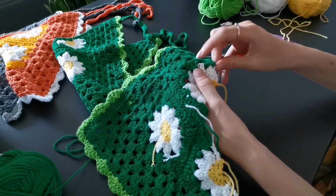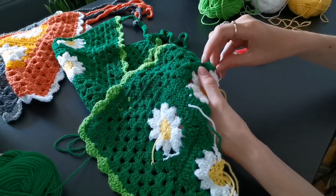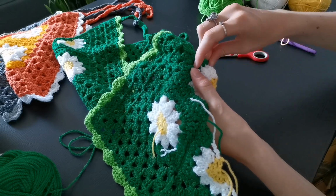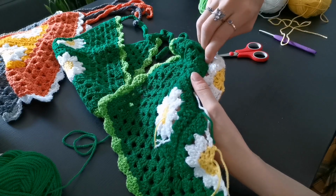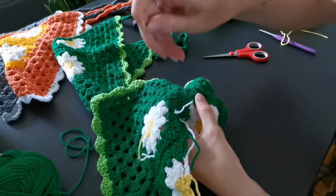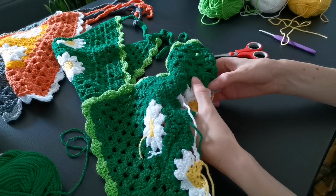and go through the little granny square moments until it's good, I guess. Most of the time I can stop over here, because that's mainly how long the thread ends up to be. So yeah, and then I pull it,